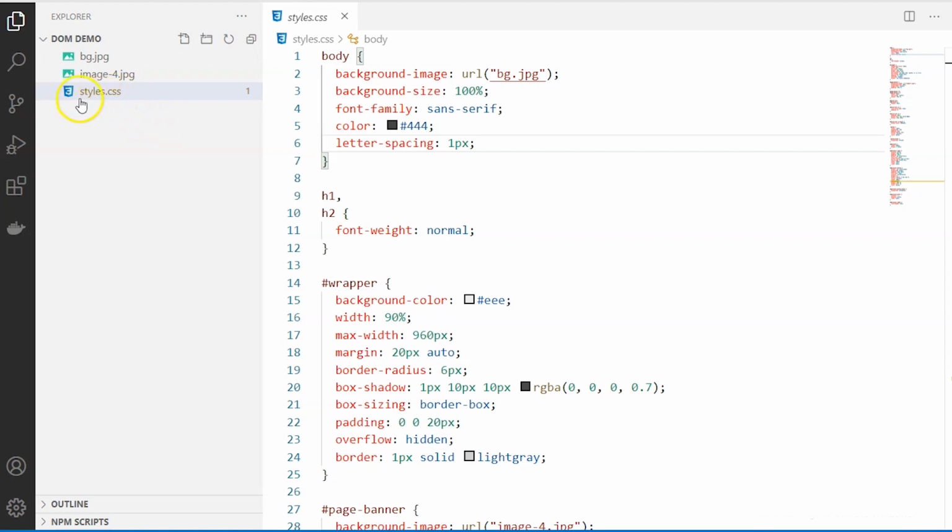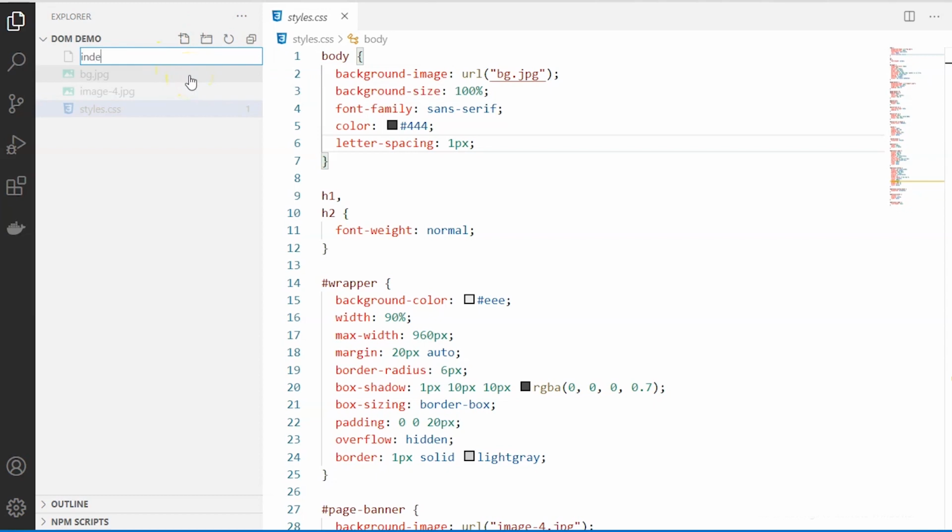We already have the styles.css in place. After we create our HTML page, we'll create the JavaScript file also and connect all these three together. Here you can see there is an icon which states new file.